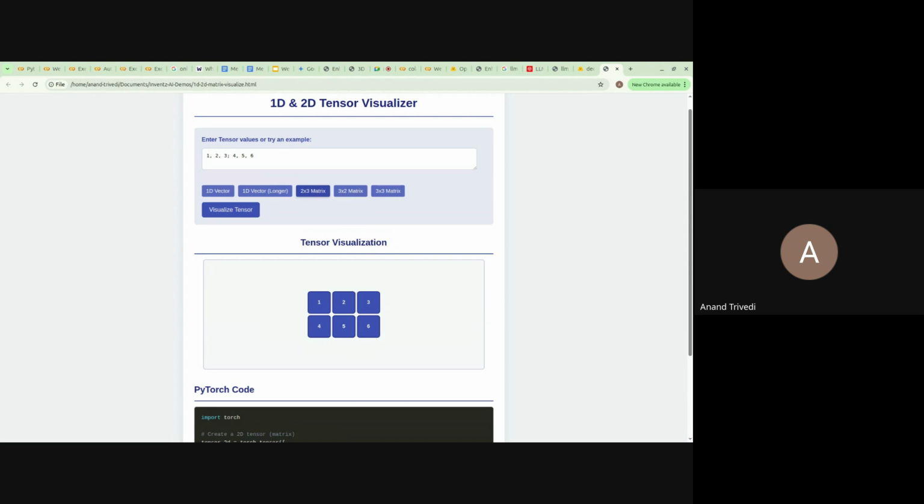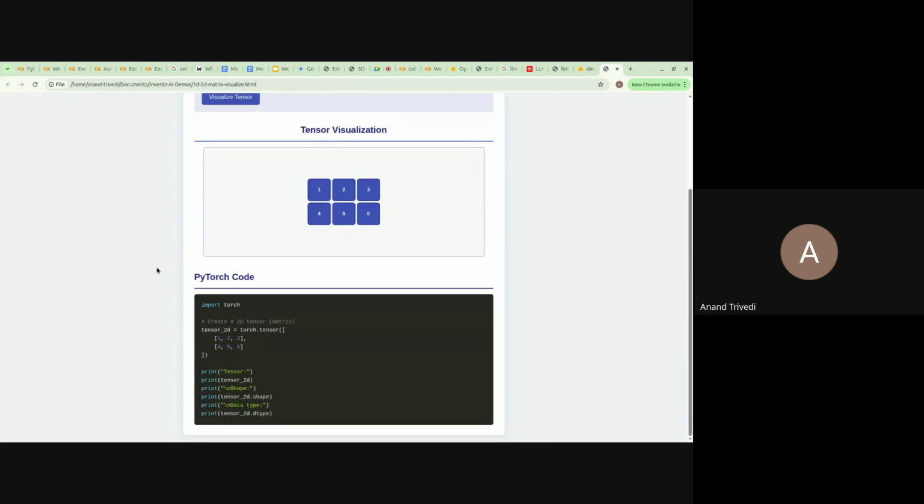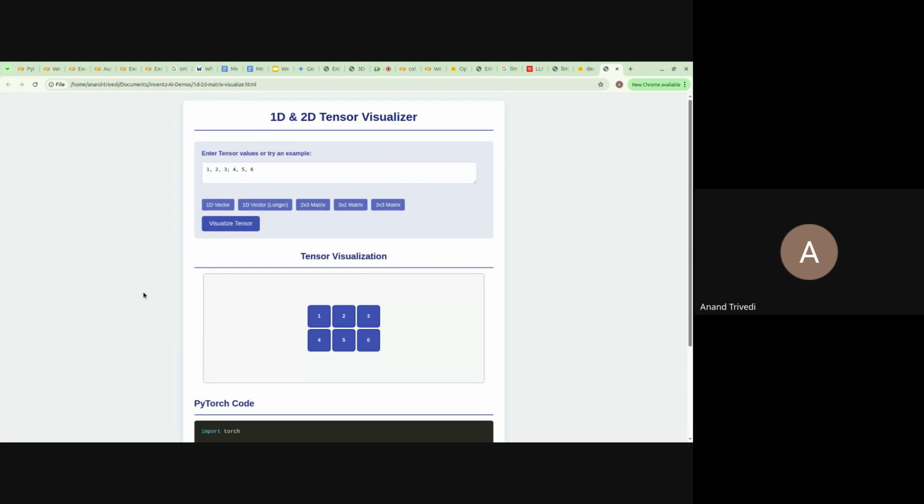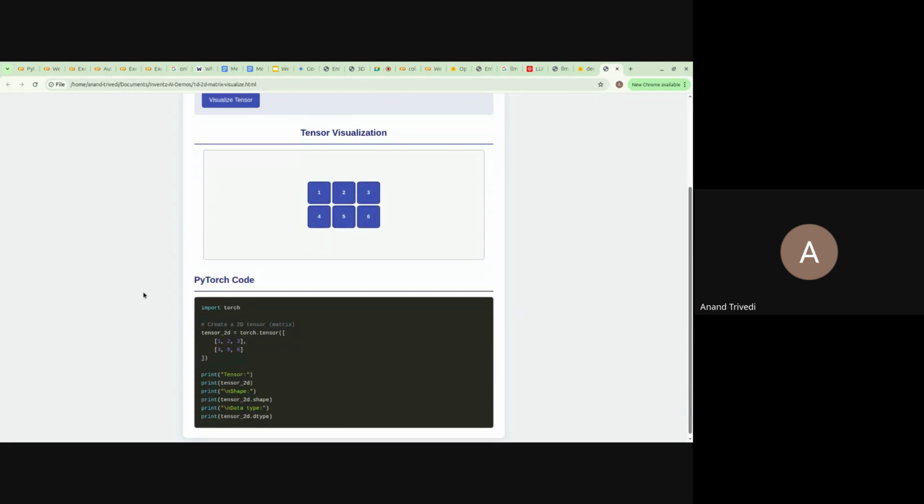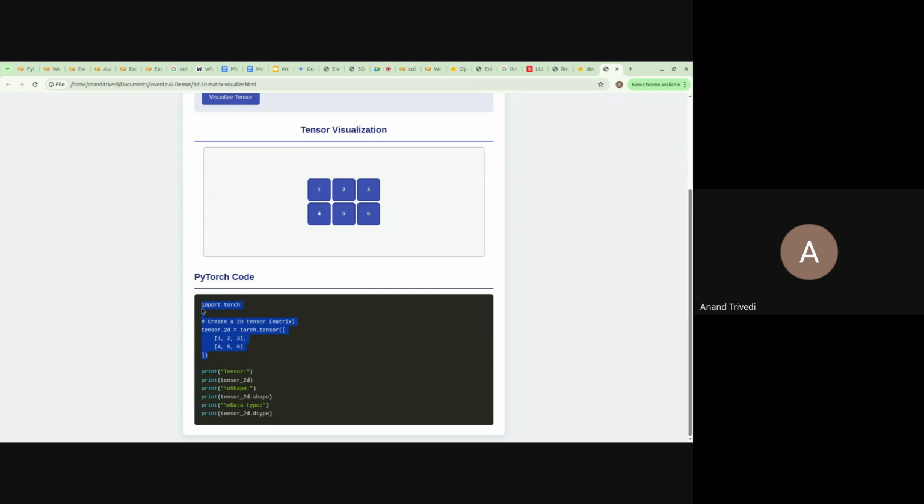We got the data initially in 1D, then we converted it into 2D, basically 8 comma 8. And how do we make 2D tensors? The same way: tensor 2D is equal to torch.tensor. Now we will be doing everything on tensors.